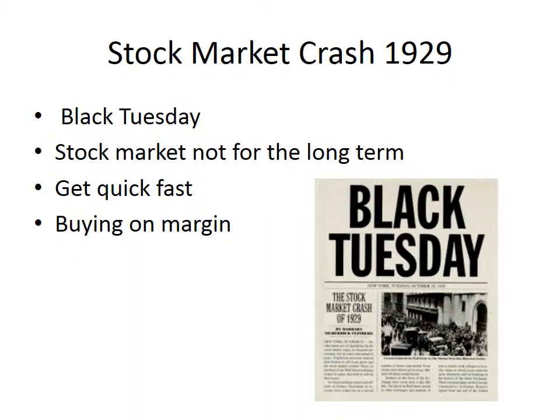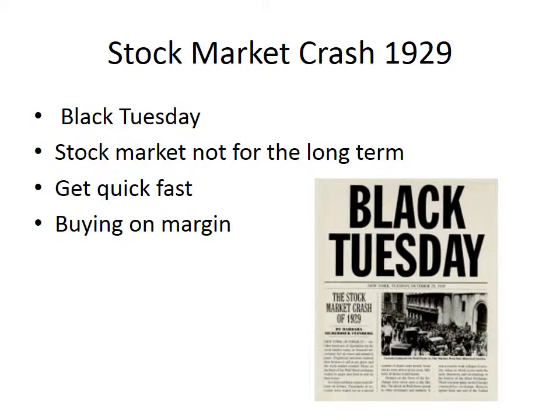But during the 1920s, with such massive production and growth, the stock market was booming. And so people were getting involved in the stock market not for the long term, but for the short term. They were getting involved to get rich quick. So when people wanted to buy stock, they again may not have had the money, so they would buy it on margin. And buying on margin is like buying on credit. They'd go to a broker and the broker would lend them money knowing that the stock would go up and they would get their money back. So they may buy a stock on Monday, but then turn around and sell it by Friday.